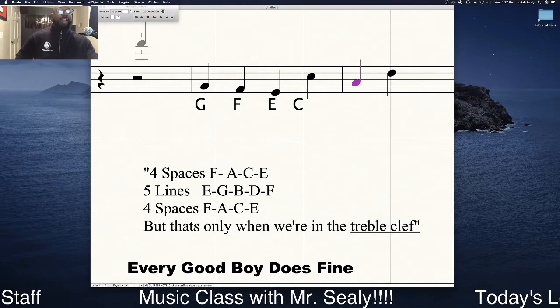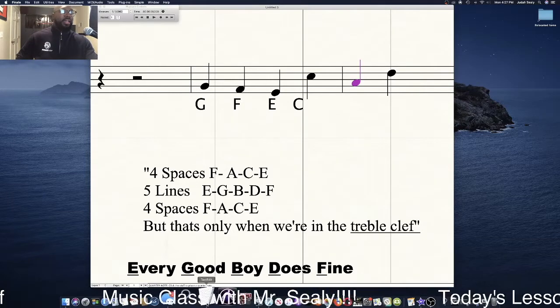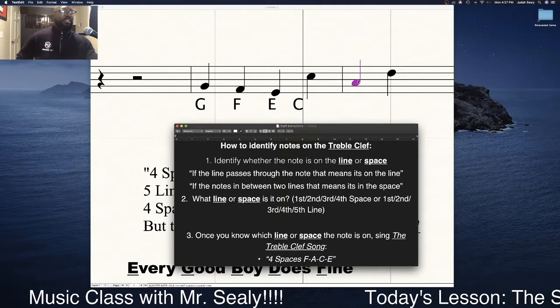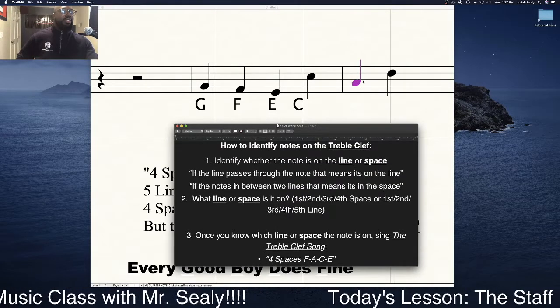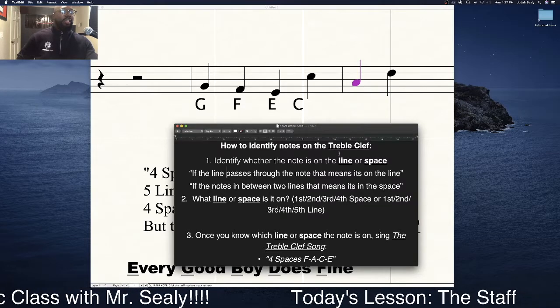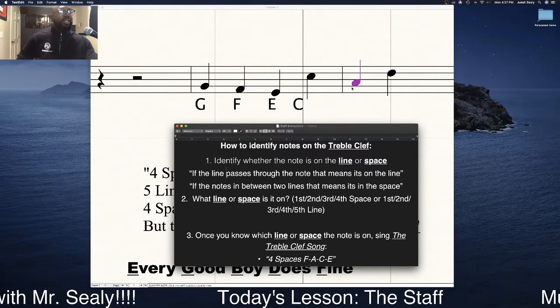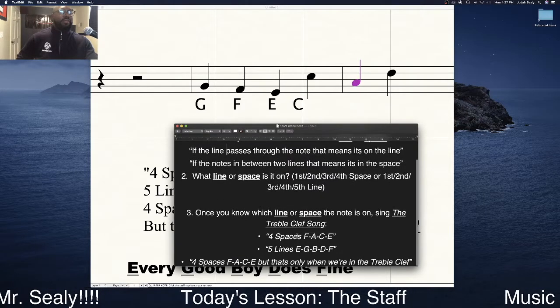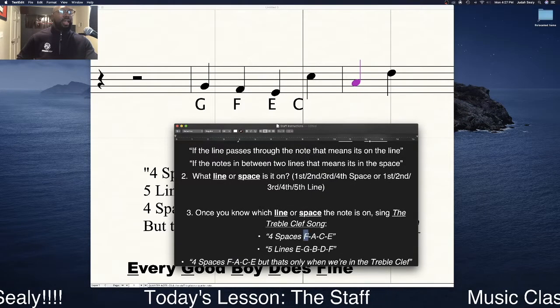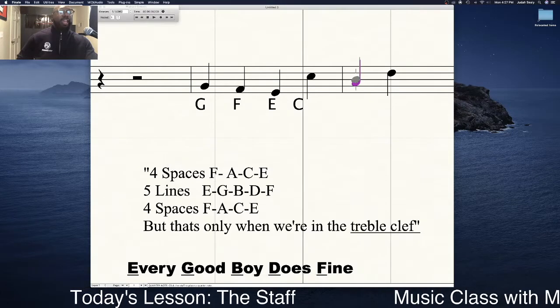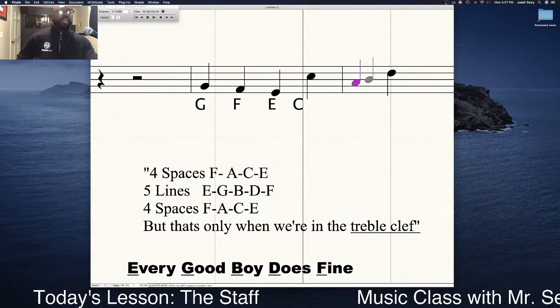So how do I know that? Well, I know that because if I do the steps, this note is on the second space because it is in between 2 lines, and it's on the second space because the first space is here, second space here, third space here, fourth space here. So on the second space. And the second space, if I sing the song, 4 spaces, F, A, is our second space. So I know that that is an A, okay? And this note,